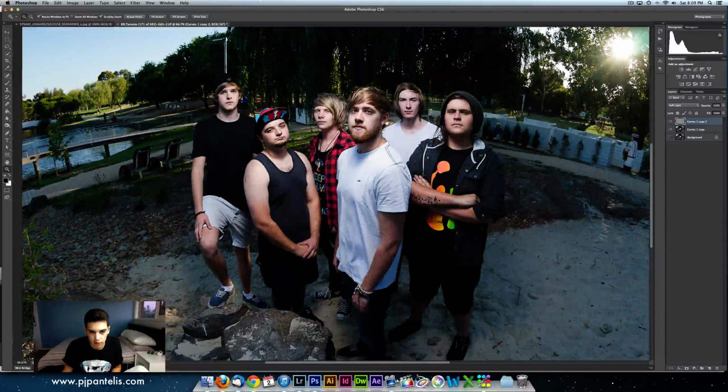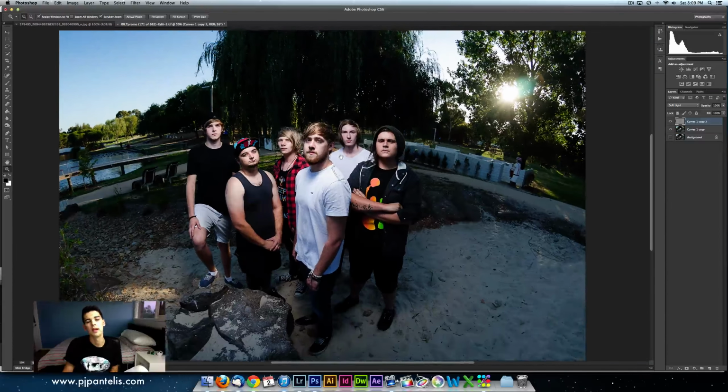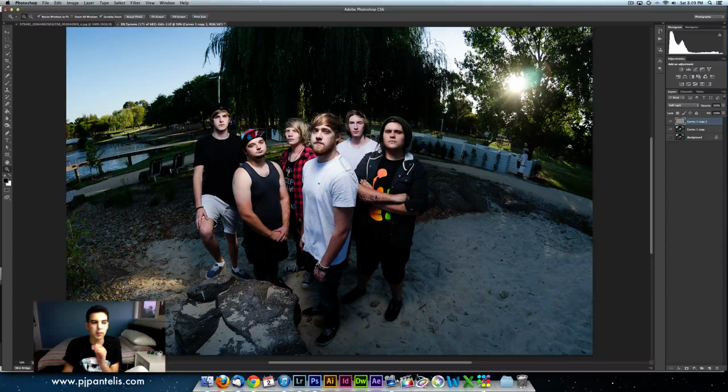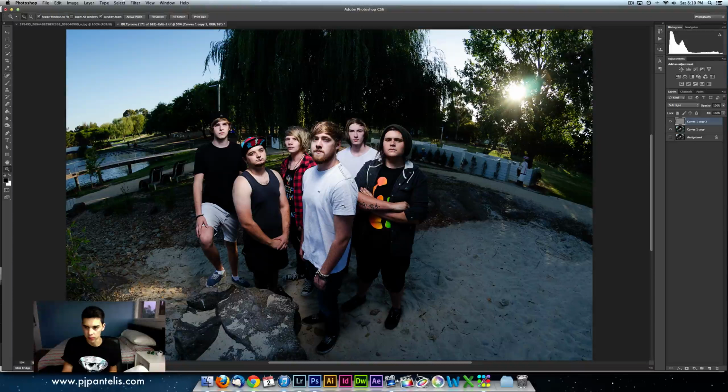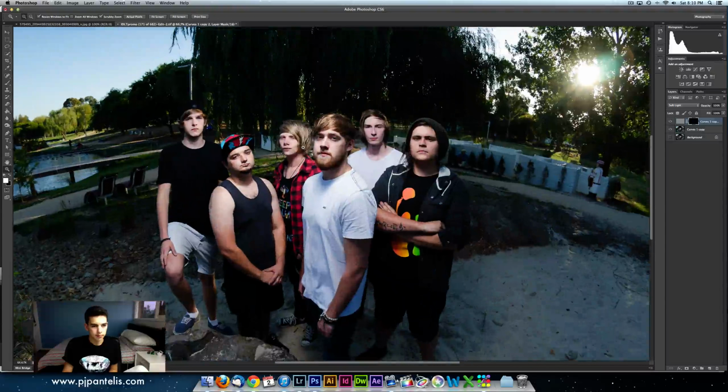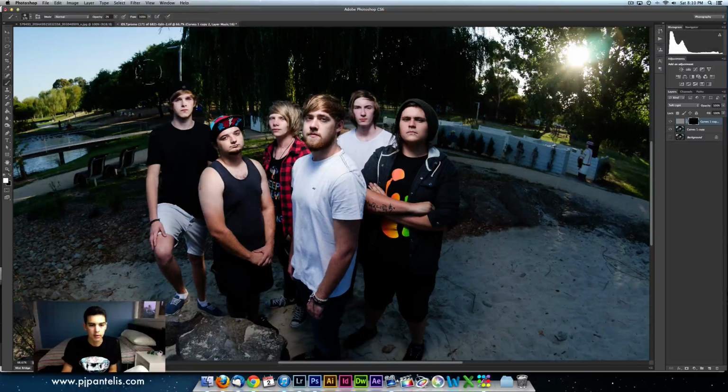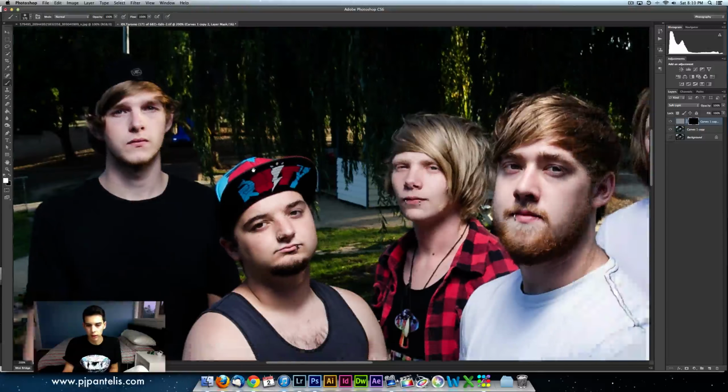So that filter is across the image, and it works really well, as you can see, but there are parts of the image that are smooth, like the sky here and the skin tones and even the white t-shirt. So those bits you don't want sharpened, because that's just going to introduce noise, right? So you're going to hold down the Option key and hit the quick mask button down here, and that's going to create a little mask layer and fill it in with black. So then what you do is hit B for brush tool, and with the opacity right back up, you're going to go in individually